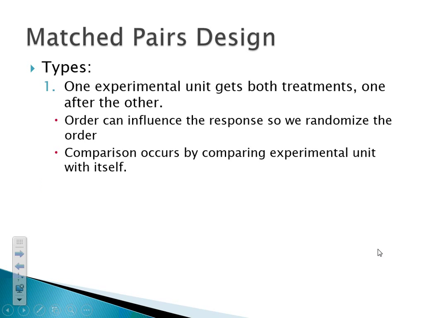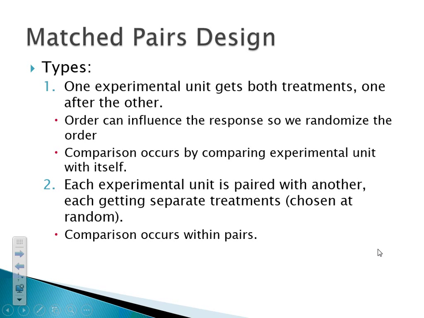The second type of matched pairs is where each experimental unit is paired with another experimental unit. They're randomly given a treatment, and then the comparison occurs within pairs. Now, this is a little bit harder to pull off because to match experimental units together can be extremely difficult. It's oftentimes not utilized with human subjects. If it is utilized with human subjects, this is where twins are extremely valuable to the research community,